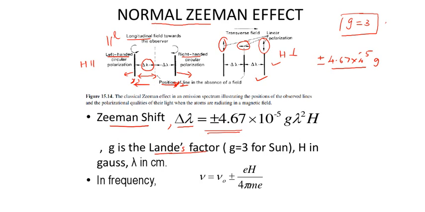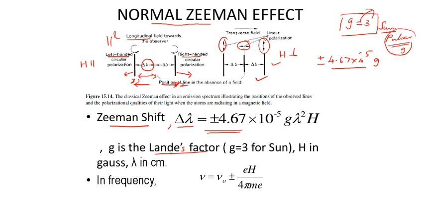Okay, the Sun, and the stars like the Sun. Now if a problem is given for the Sun, g may not be given. But if a problem is given for some other astrophysical object, for example a pulsar or a neutron star, and you are asked to find its magnetic field, then you will be given the value of g for that particular object.